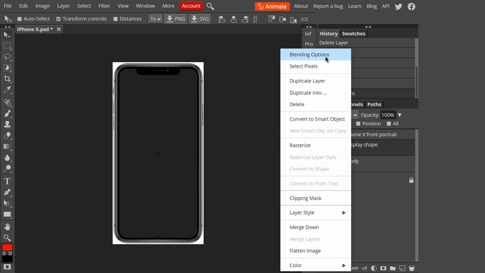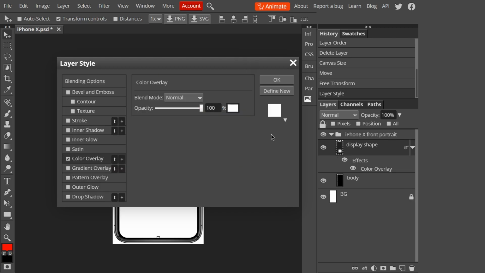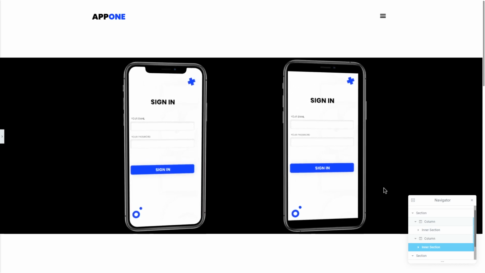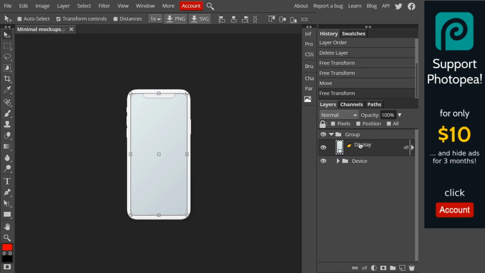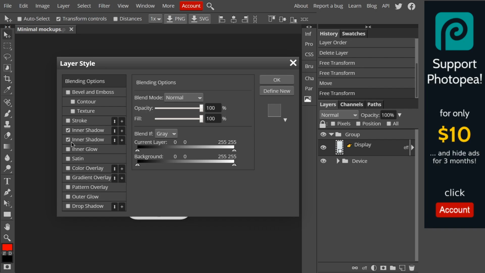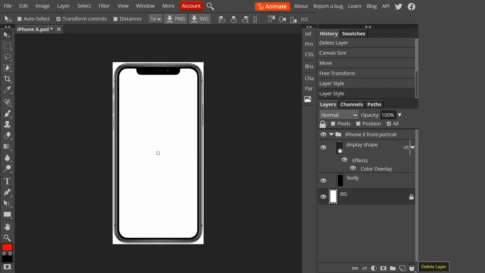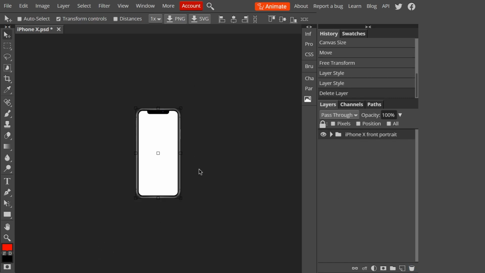And if you're wondering why we need the white background and couldn't just export the mockup with a transparent screen, here's why. We'll have a closer look at how it works later in the video. If you have a gray or almost white phone mockup or a phone of any other color, also set the placeholder color to white. We're done with the mockup, make sure it has no background and save it as PNG.